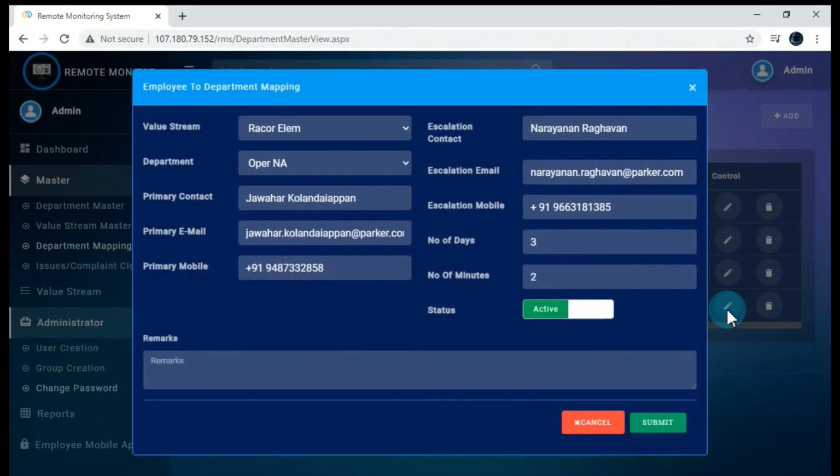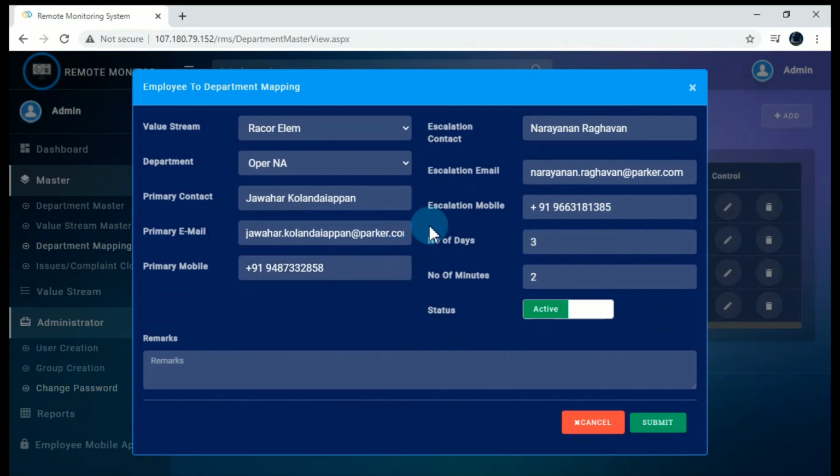Now I'm editing a record. For this value stream record element and for this department operator NA, Mr. Javagar is the in charge and he is the primary contact who will be receiving all the notifications instantly on his mobile number and on his email ID.